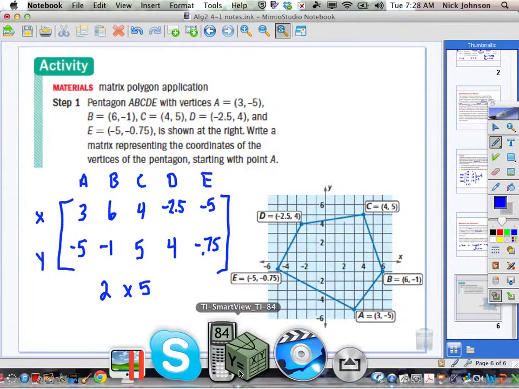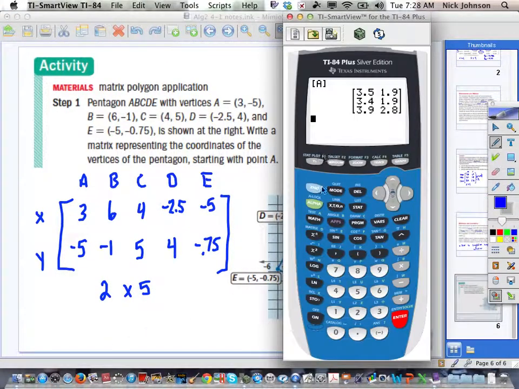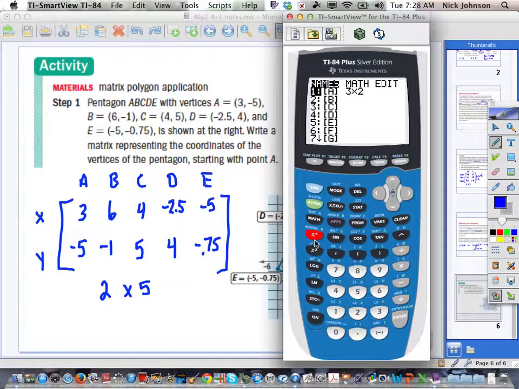So let's go ahead and put that in the B just so you get another practice. So you hit second function matrix. And I'm going to put it in the B. So I'm going to go over to edit. I'm going to press the number 2. And I'm going to do this kind of fast. So this is going to be a 2 by 5. Okay. Now remember, this goes left to right. So you're going to put in all your x values first and then all your y values. So it goes 3,